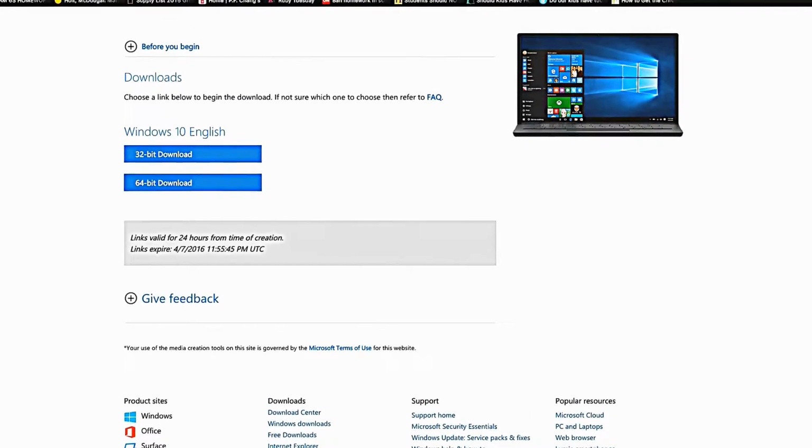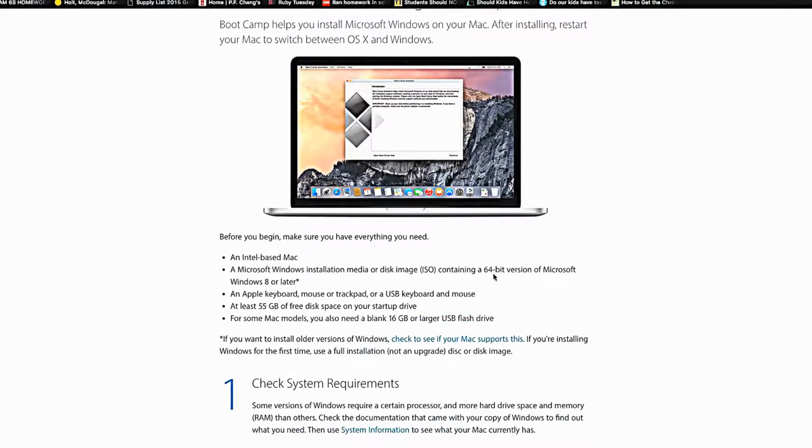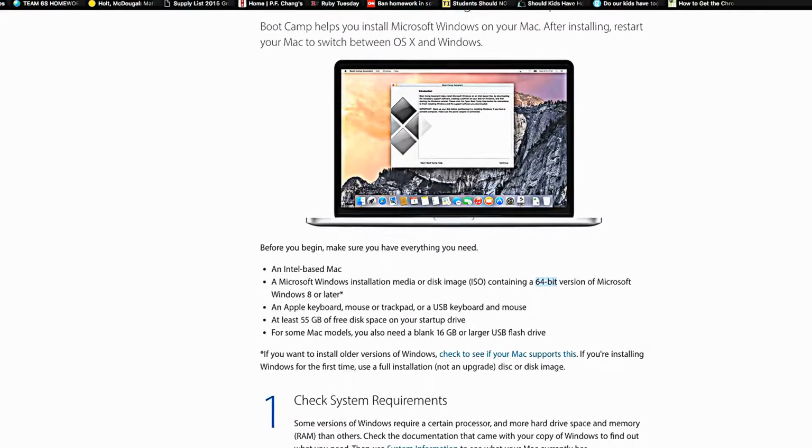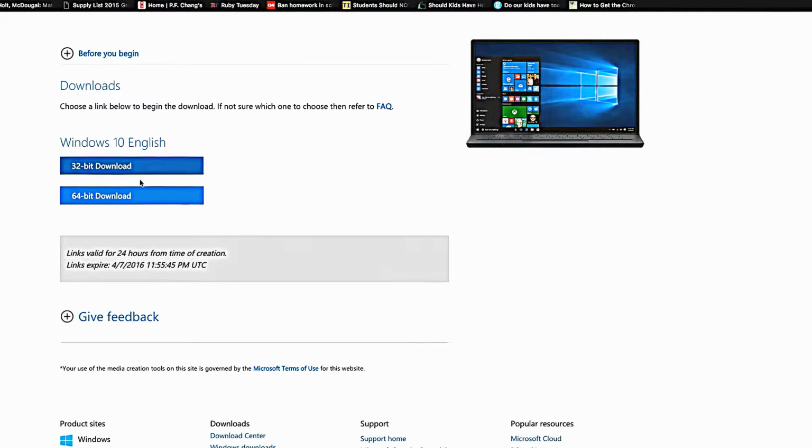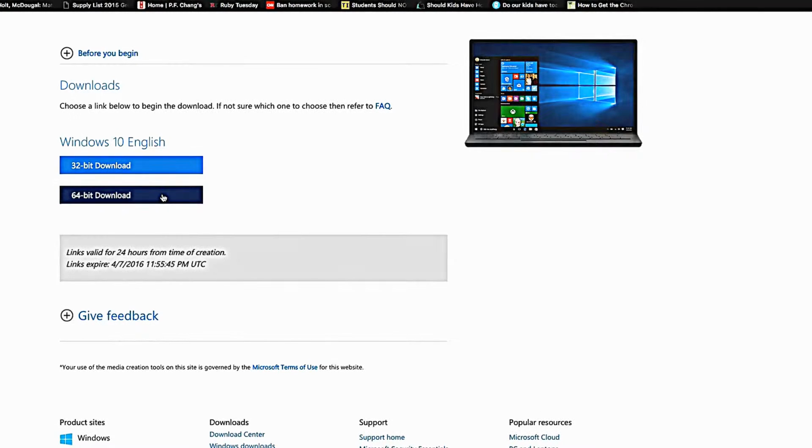Again. Okay, going back to the 64-bit thing. So you see 32-bit and 64-bit. Again, do not download 32-bit. It will take up a lot of space on your computer, and it will still be pretty much useless. Let's do the 64-bit download. Downloading usually takes a really long time. It can take up to 1 hour